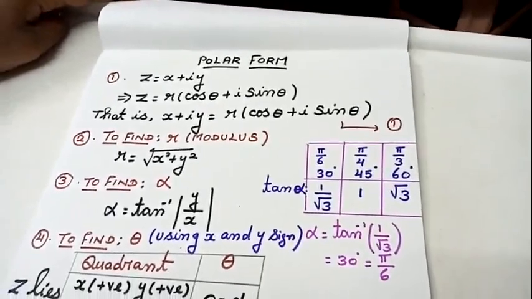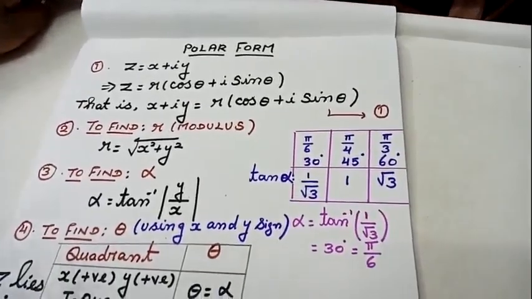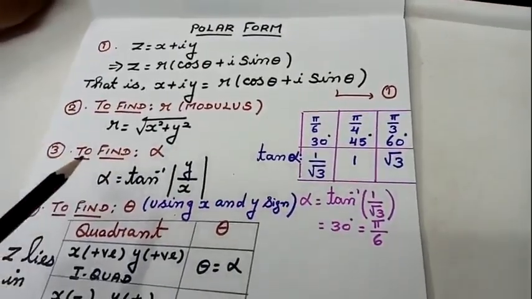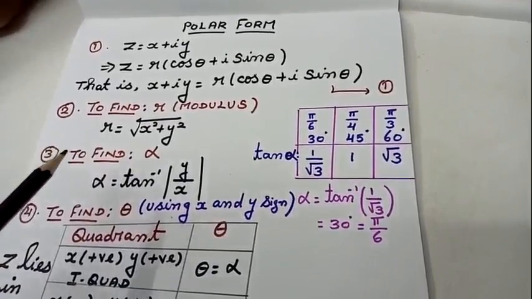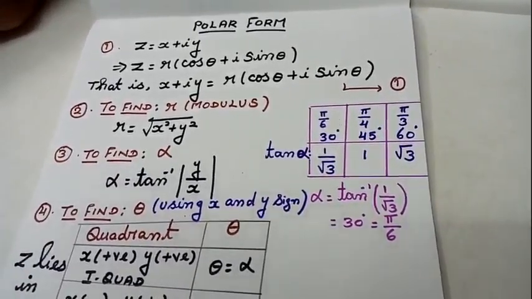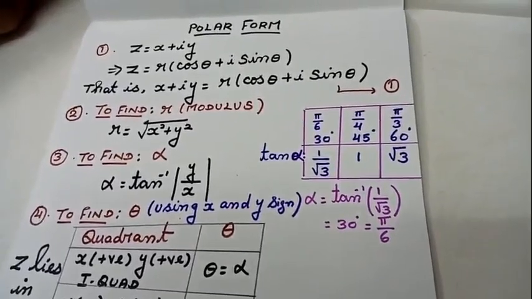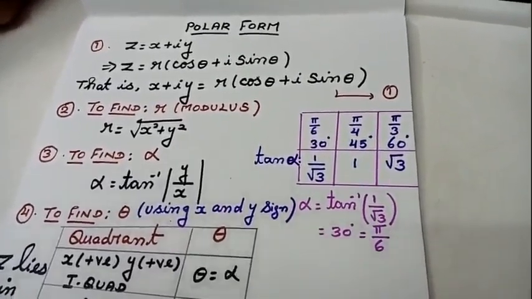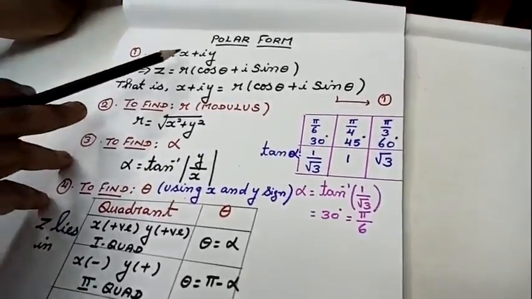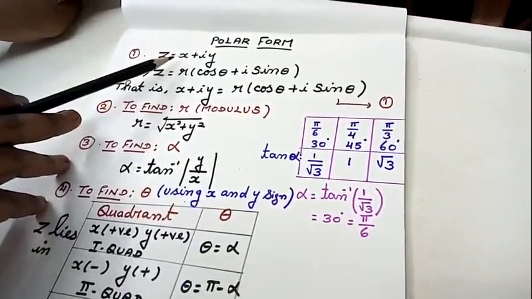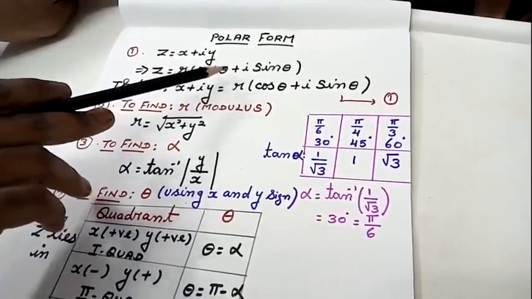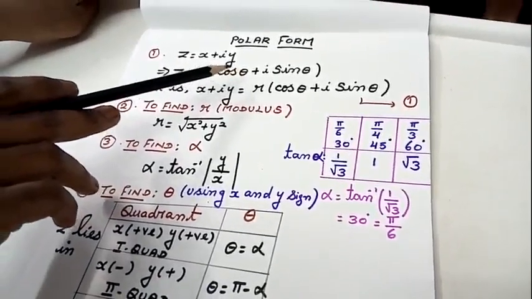Students, before starting with exercise 2.7 first sum, we are going to see how to convert a complex number into polar form. To convert a given complex number into polar form, we are going to use a total of 6 steps here. For your understanding, I have written it like this, students. First, I am going to take a question, that is z equal to x plus iy. What is the meaning of polar form? z equal to r cos theta plus i sin theta, and that is the definition given in your polar form.